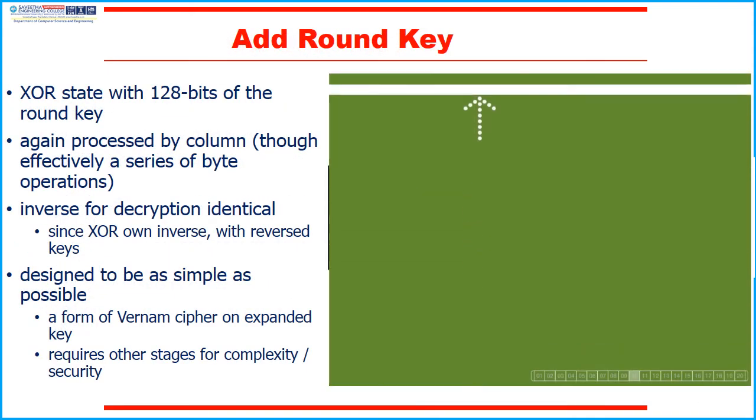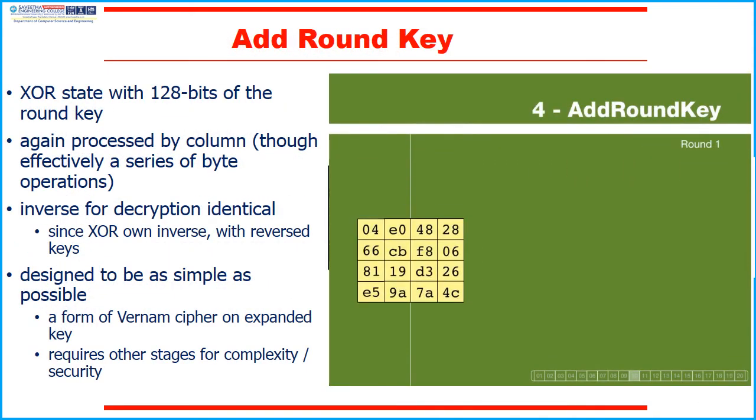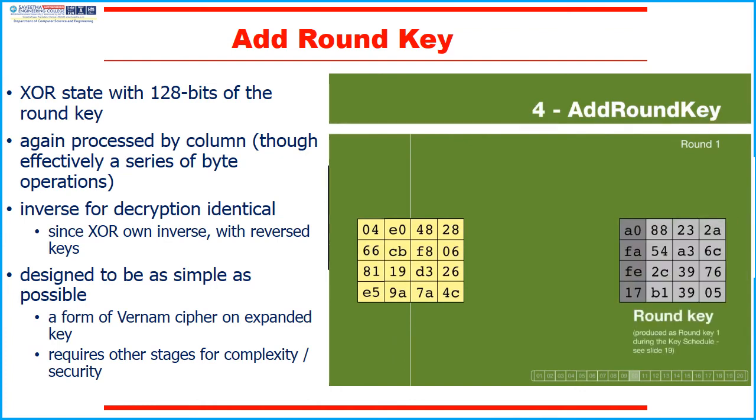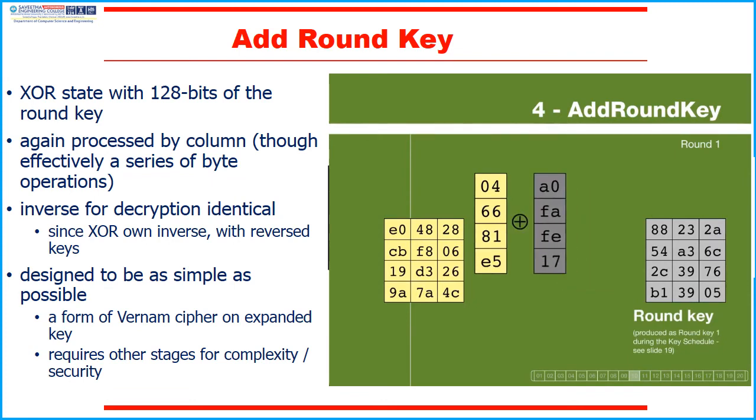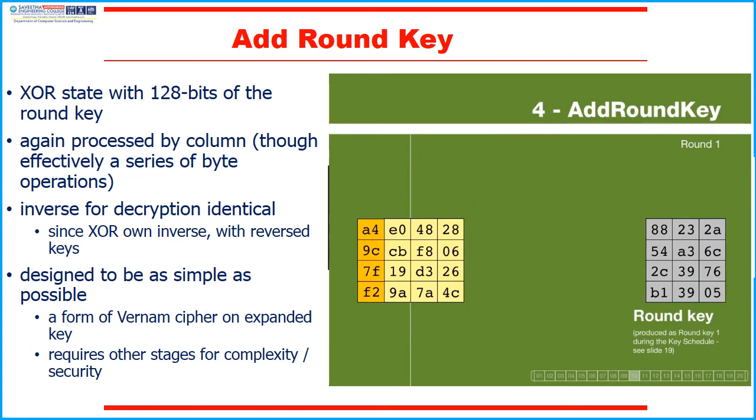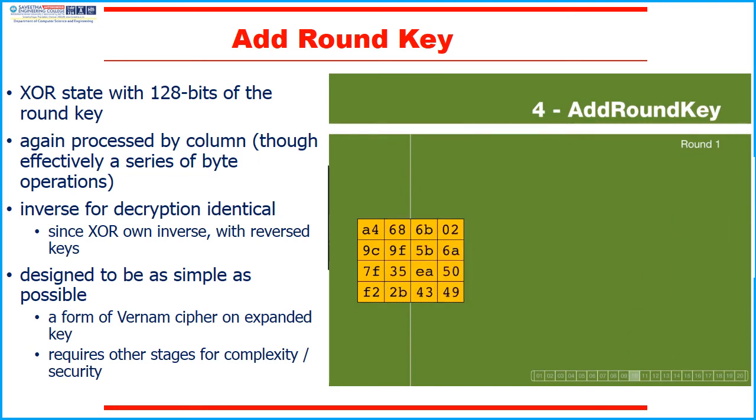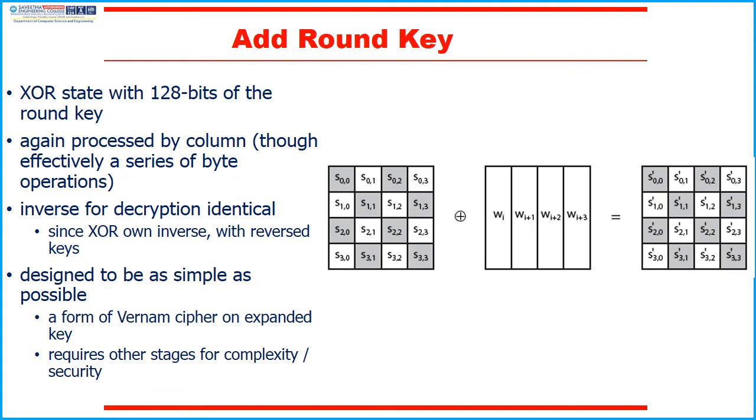The add round key stage is a simple bitwise XOR of the current block with a portion of the expanded key. Note, this is the only step which makes use of the key and obscures the result. Hence, it must be used at the start and end of each round, since otherwise the effect of other steps could be undone. But the other steps provide confusion, diffusion and non-linearity.